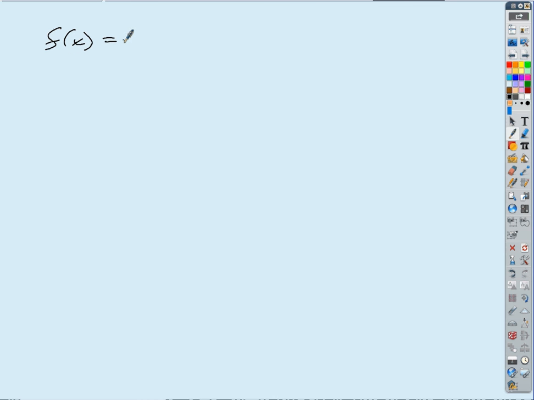So f of x equals just a line, like 3x plus 9. Find g of x, the inverse. Find g prime of